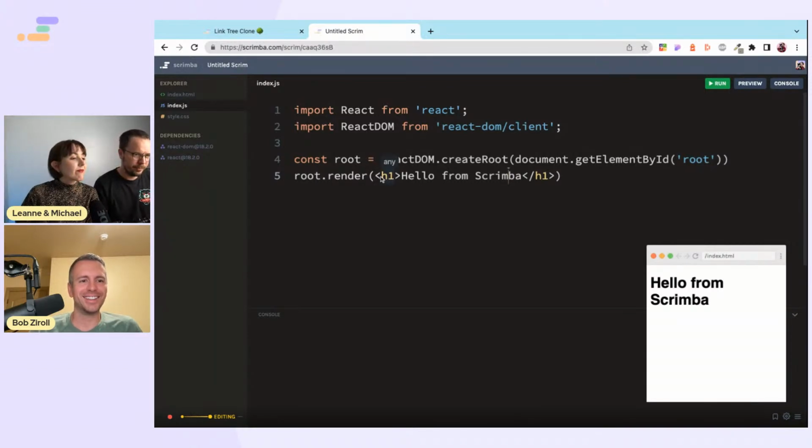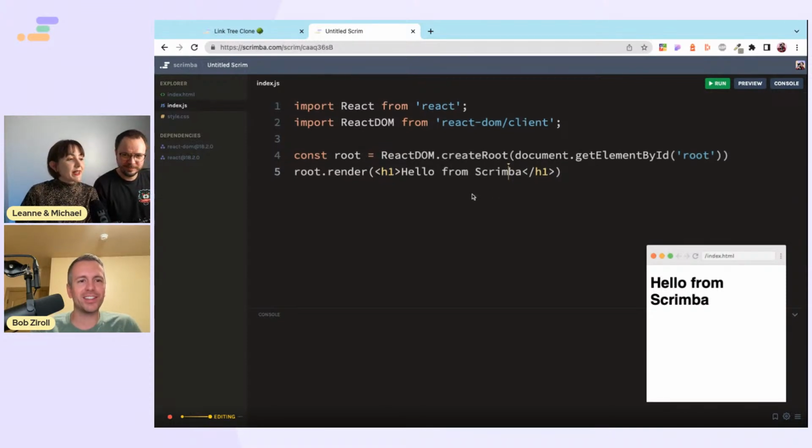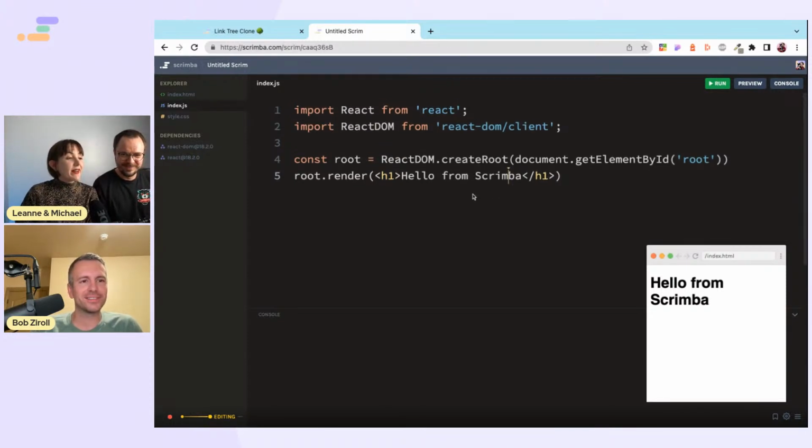There it is. First React app. Yeah. So now we have this. It looks like HTML, but it's not. Tell us about that. Yeah, so when we were just talking about how in some systems you have to say